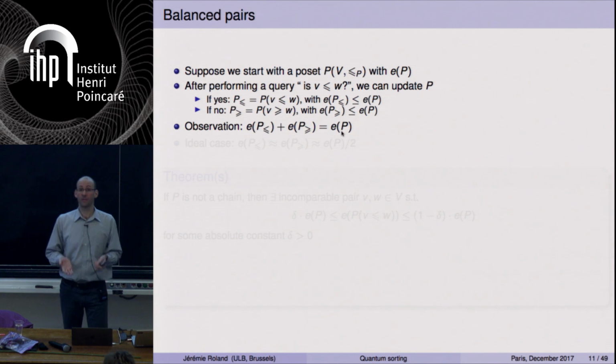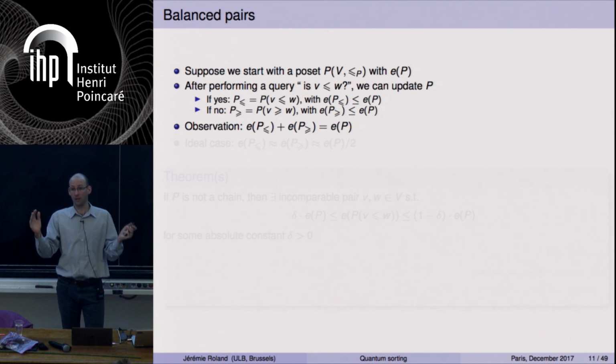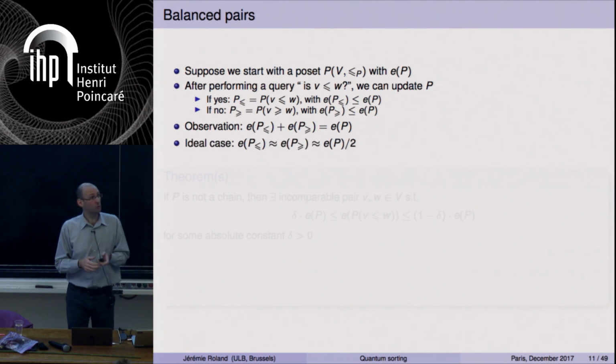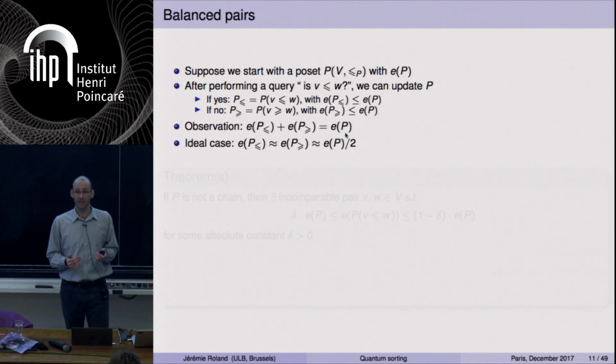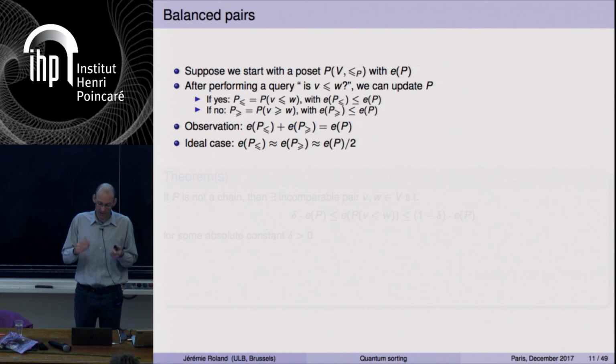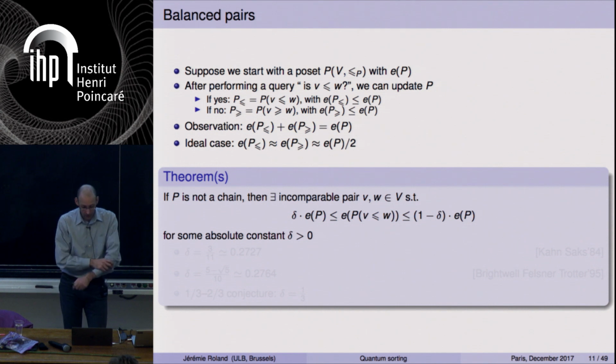So when you perform an algorithm, what you're hoping for is that at each time, you would like to reduce the number of options by a factor of 2, because this makes the total number of options decrease as fast as possible. Ideally, it's not possible to achieve this, but ideally you would like both of these numbers to be approximately the initial number divided by 2, because this is how you gain information. Essentially, this means that you get exactly 1 bit of information in information theoretical terms each time you perform a query. You cannot get this exactly, but what was proved in various theorems is that you can get something which is